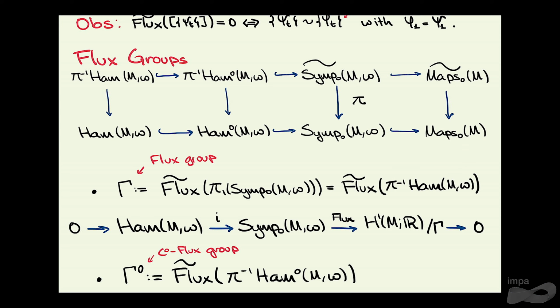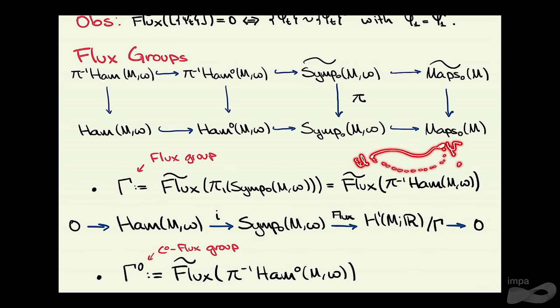But why do we have this equivalence? Well, if you have a path whose endpoint is Hamiltonian, right, this starts at identity, this is some Hamiltonian diffeomorphism, then you can either concatenate or compose with an exact path, a Hamiltonian path, and that has no flux by the observation I made in the beginning. So that's going to just be a symplectic loop, and all the flux is coming from the symplectic part of the path. So that's how you get this equivalence. And the reason why I want to define the flux group in this way as well is because it's much easier to generalize to the C0 case, to obtain the C0 flux group.